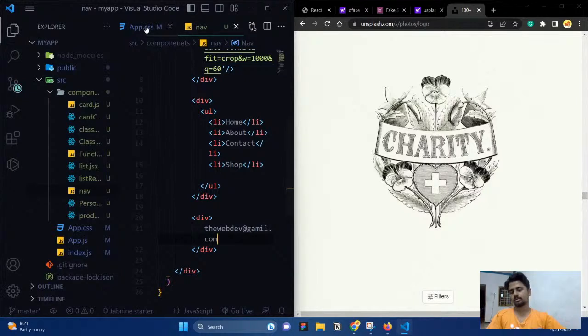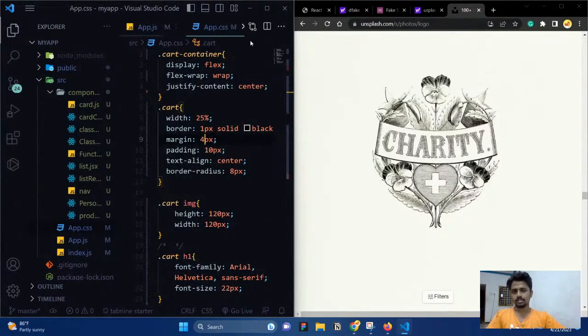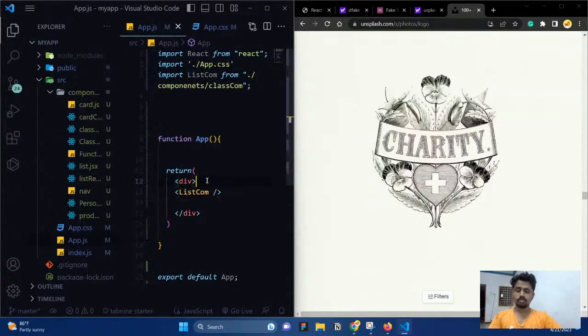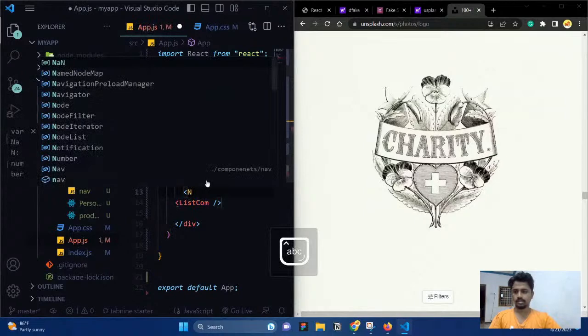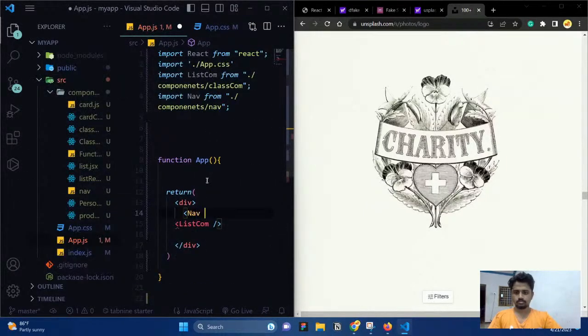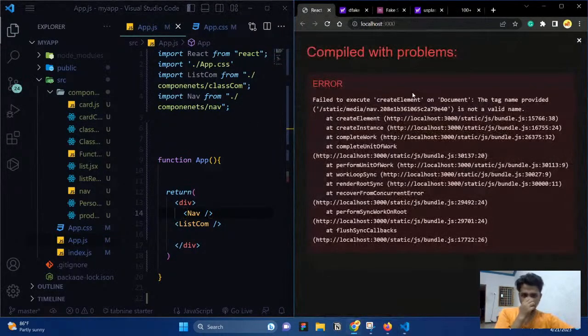Now what I'm going to do is add this nav. This nav we're going to export as default, and here in App.js we're going to import it before the list form only. Now if I ask for it,